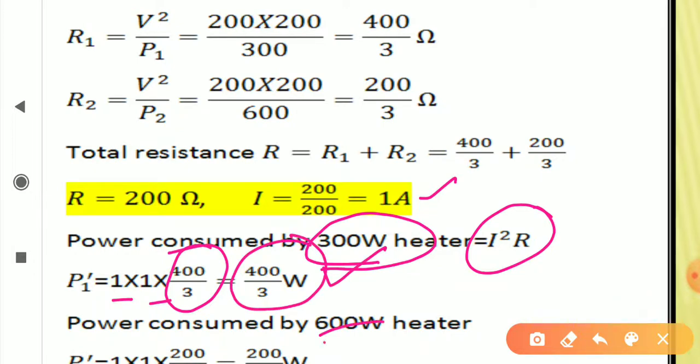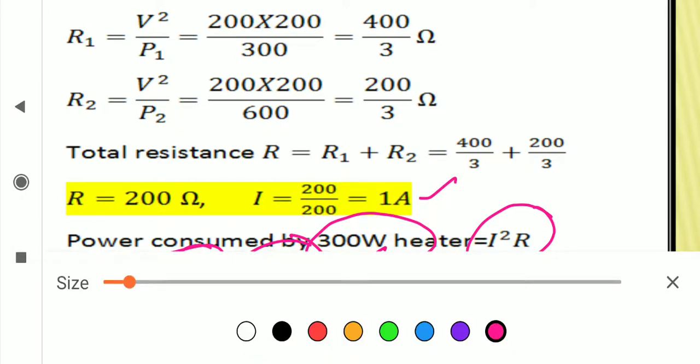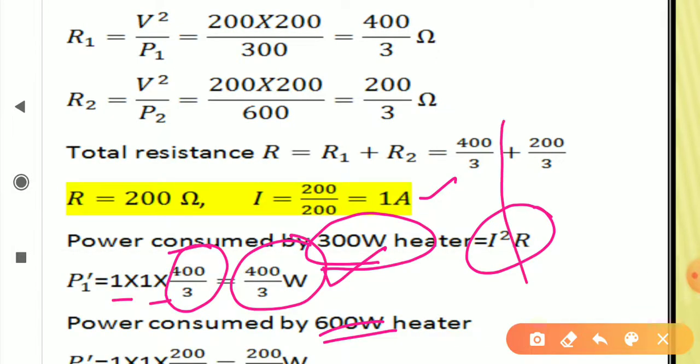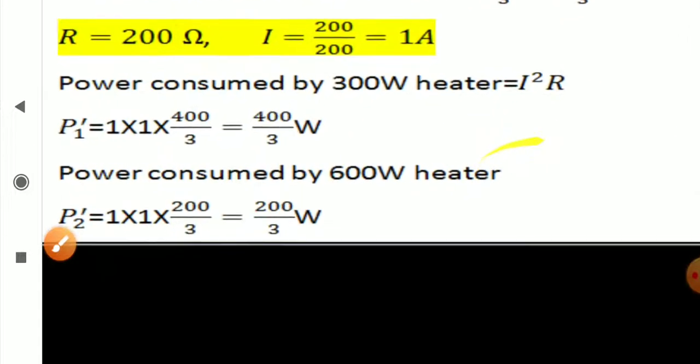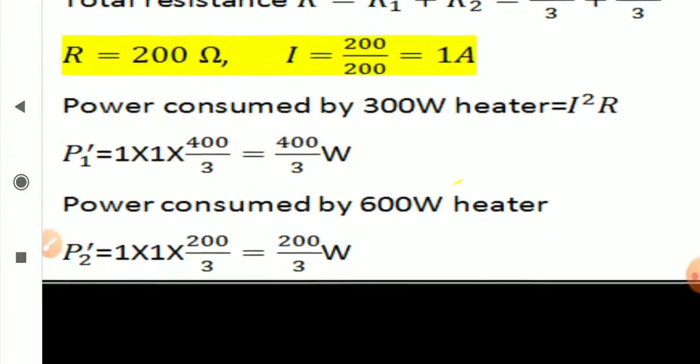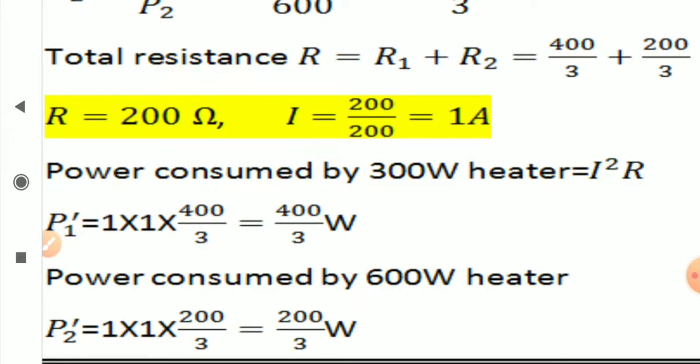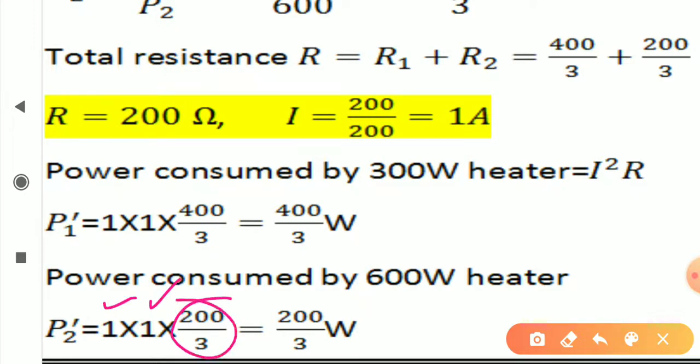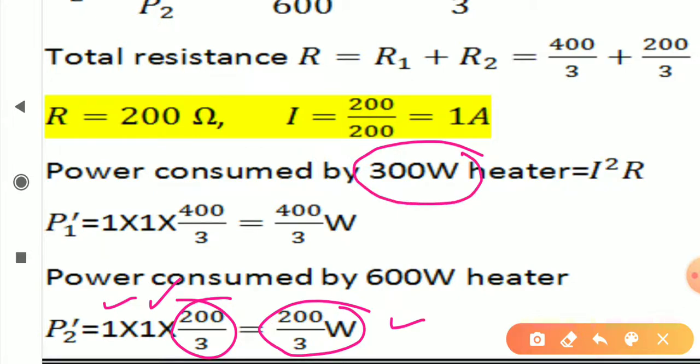Power consumed by the 600 watt heater, the second one, look at it, is again I square R, 1 into 1 into 200 upon 3. Its resistance is 200 upon 3, that is 200 upon 3 watt. So what we notice here is that the heater with lower power rating consumes more power than the heater with